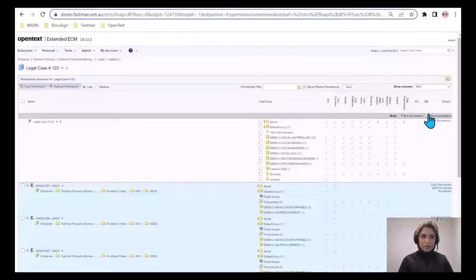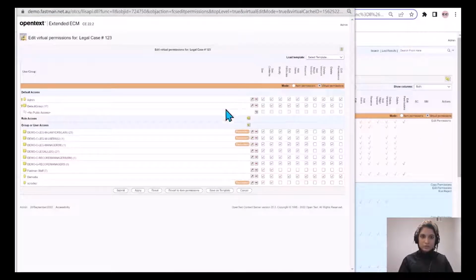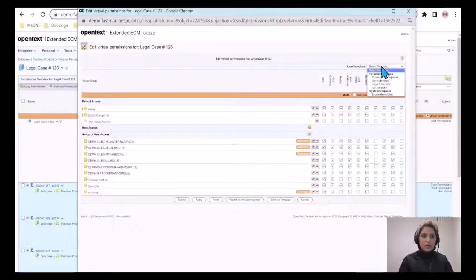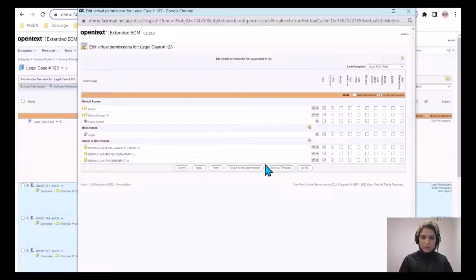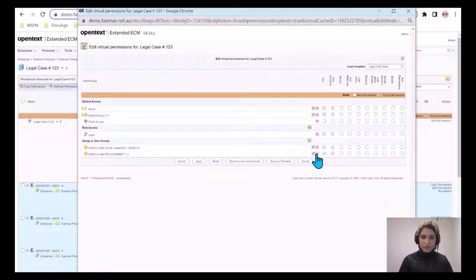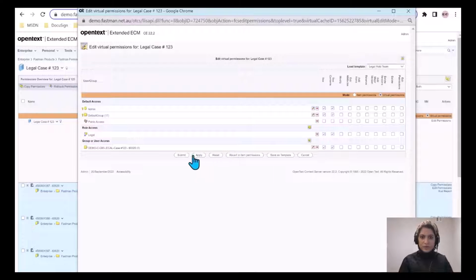So for that, I'm going to use this virtual permission option here, and then click on the edit permission on the collection. If I have a template, I can load it here. So if you see, I have the legal team. I also want the procurement and the PR team to be having CC content. And then I also have a few groups added here. So if I want to use this, I'll use it. Or if I want to clean it up a little bit, like I just want the legal team to be there, I can clean it up over here, apply,